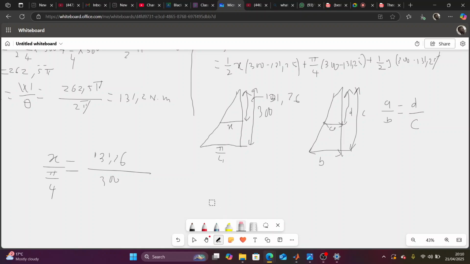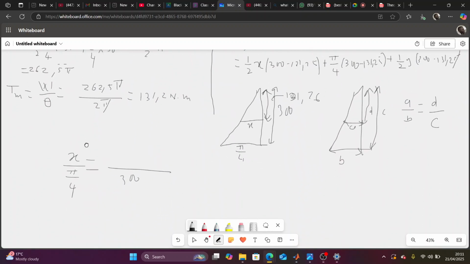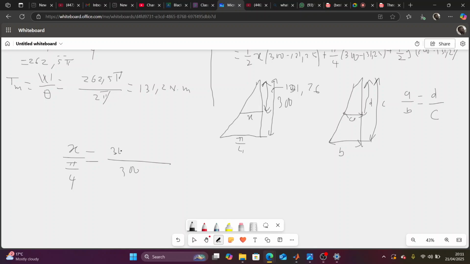The distance small here has to be 300 minus this. I don't know if you see it. Do you see it? Yeah. Because 131 is the distance from here to here. If I want this height, it has to be 300 minus this. Do you see it? Yeah. So that small distance is 300 minus 131.26. So if you make x subject of the formula, which simply means x will be pi over 4 multiplied